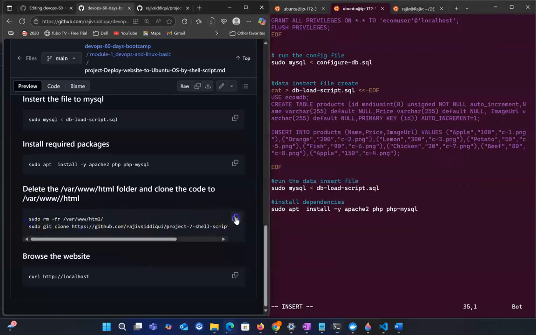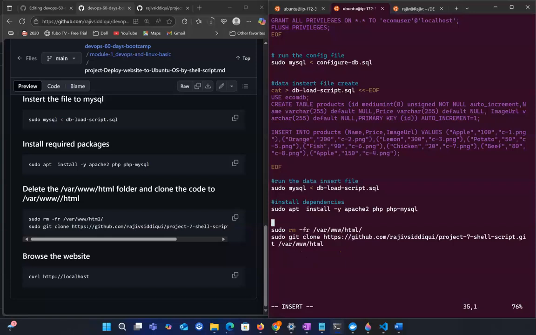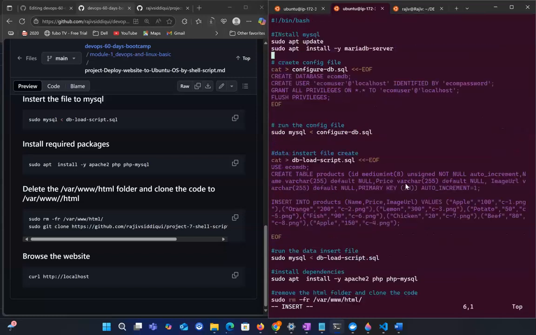Now we remove the file and clone the code. So remove the HTML folder and clone the code. So all these commands we put in a single file. Then if we run the file, all the script will run and our website will be created with the database. If we want to show any message, like if we want to show here, echo